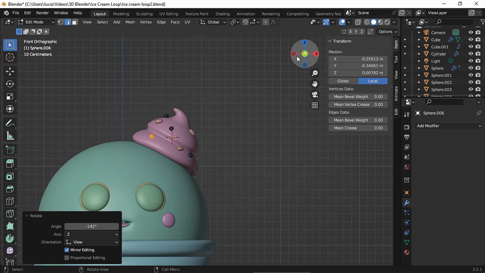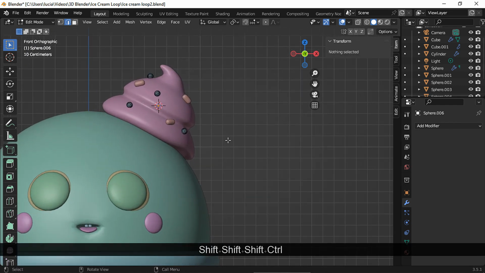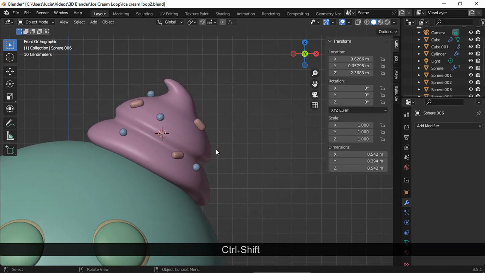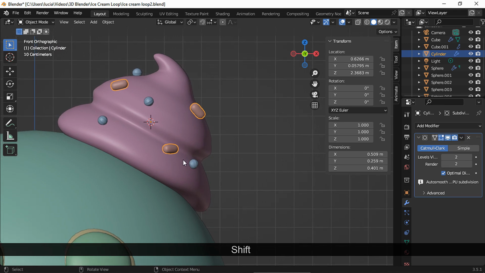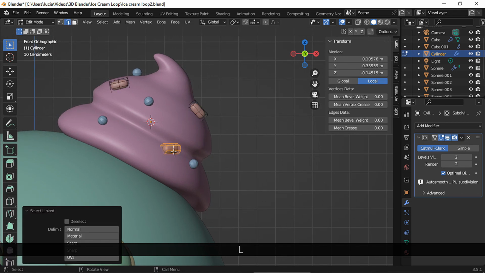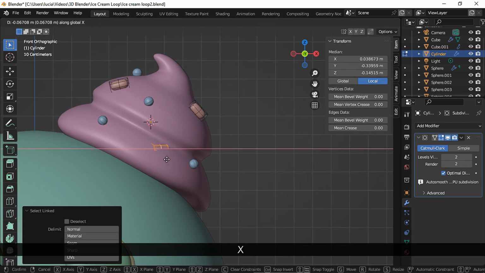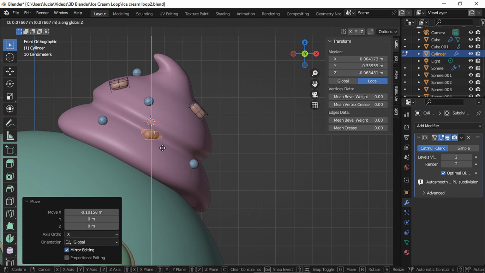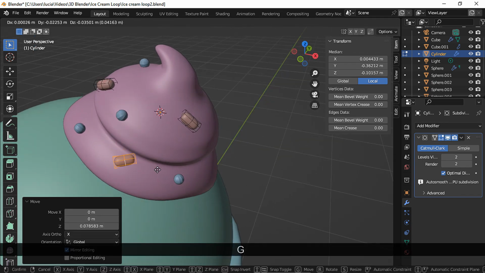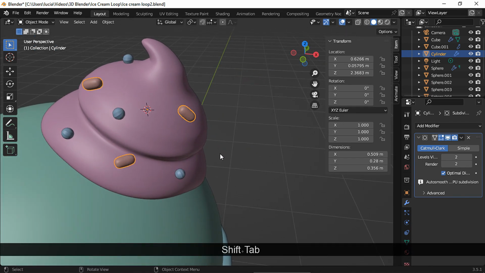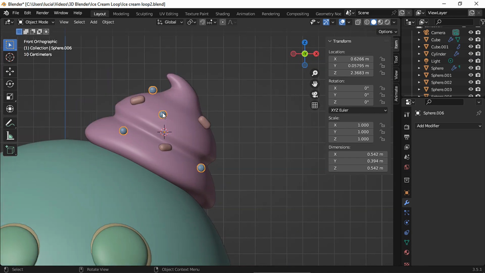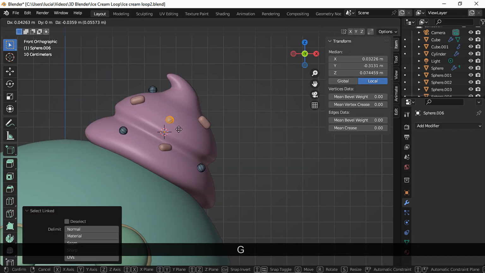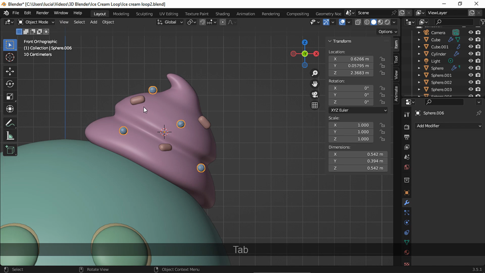Let's check how things look in front view. And I want to move some sprinkles around until I feel like the composition is balanced. And here I went back and forward between the cylinders and the spheres until I was happy with the placement of both shapes.